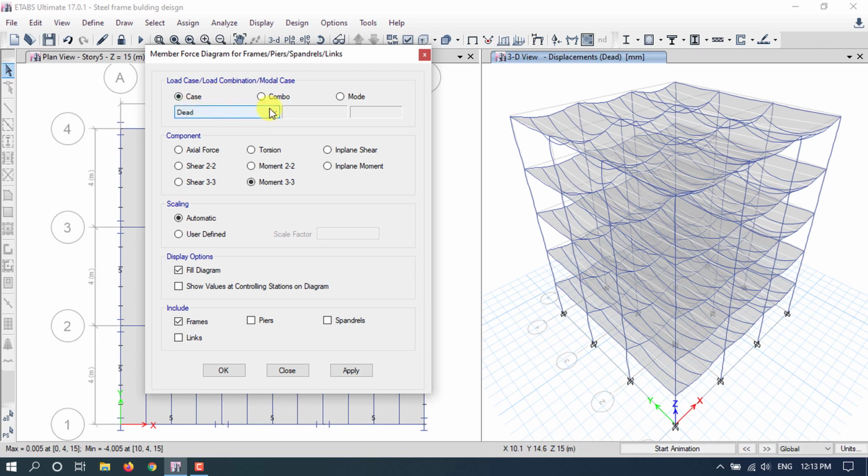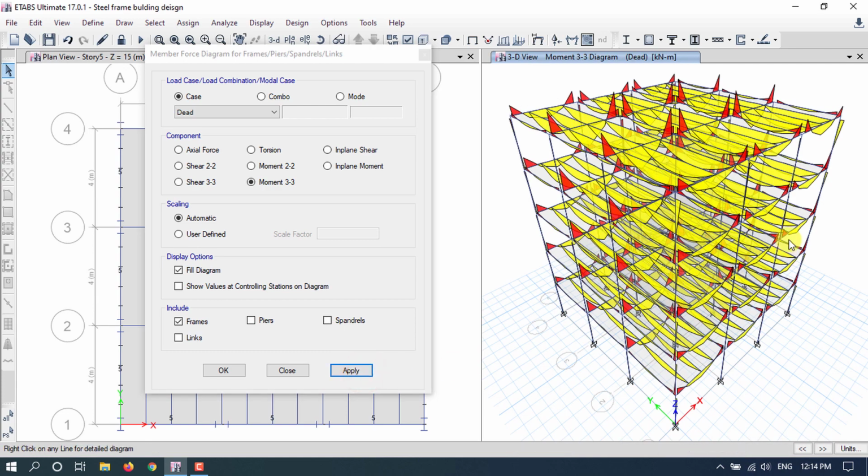First of all, let's choose the case as dead load and the component as moment M33, that is maximum bending moment, and check as scaling automatic, display units, fill diagram and include frames, and click apply here. Okay, this is the bending moment diagram of the frame.